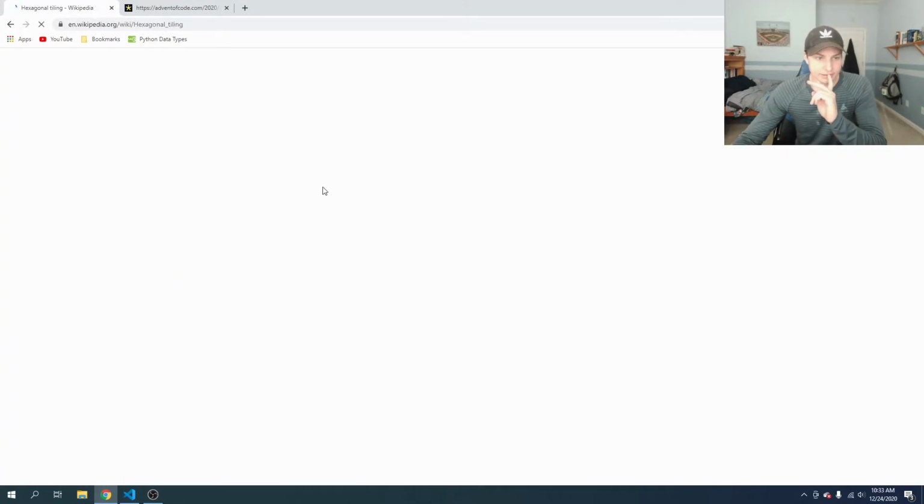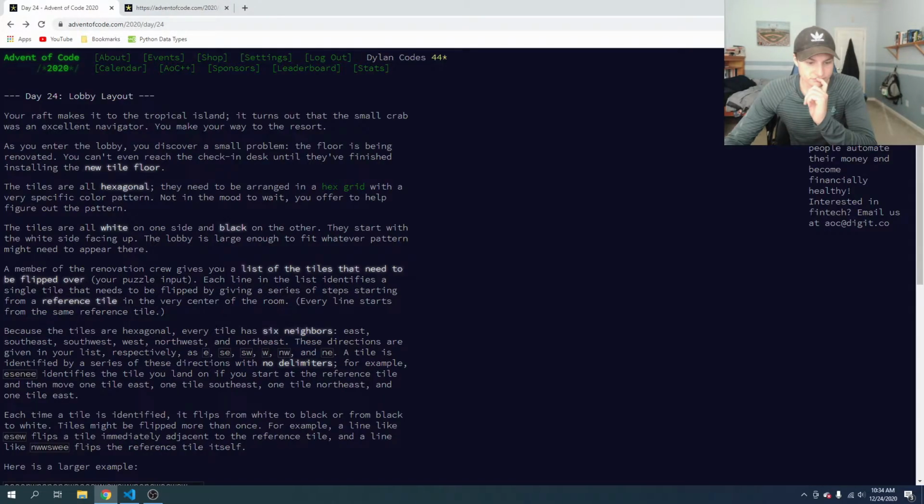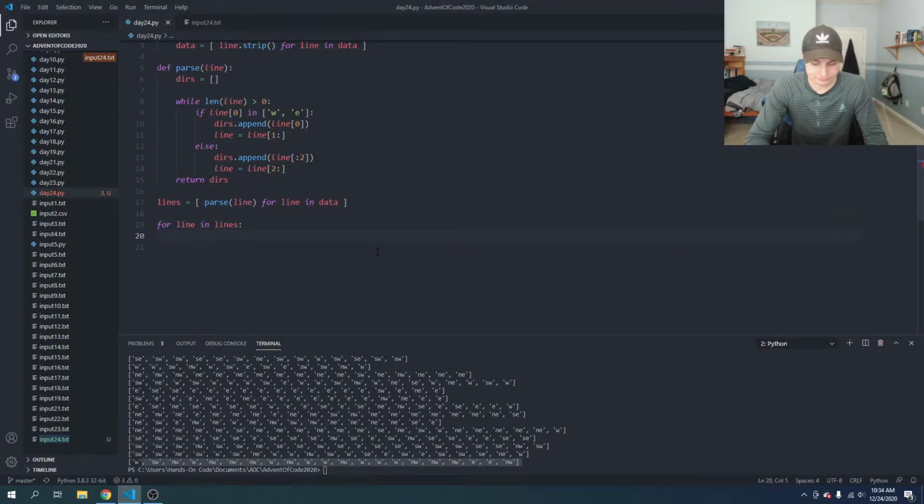And if we look at this hex tiling here, maybe this will give us a clue. So we're going to have a couple of directions that we can go. We're going to have kind of this east-west direction. You have northeast and southwest, and then you have northwest and southeast, and then there's also east to west. So I think what we're going to do is, I think if we assign,